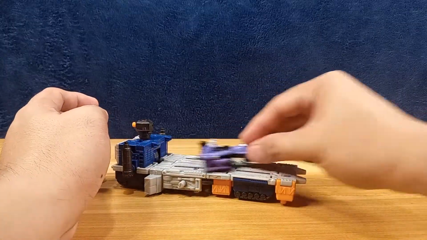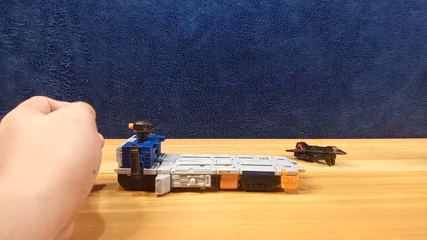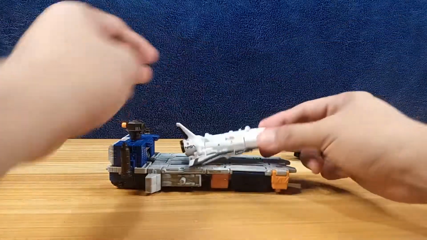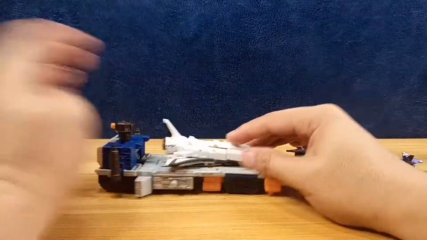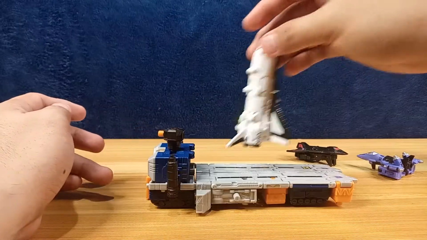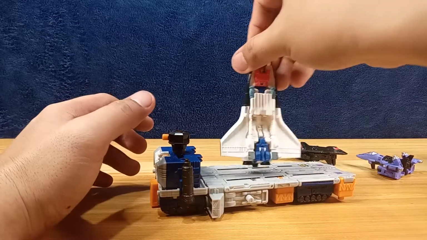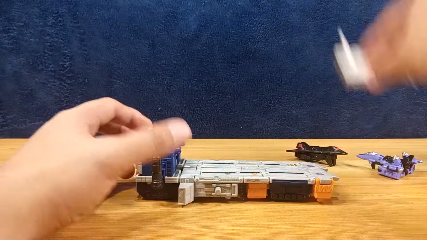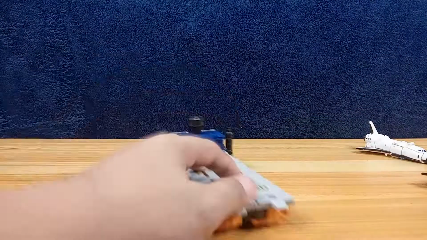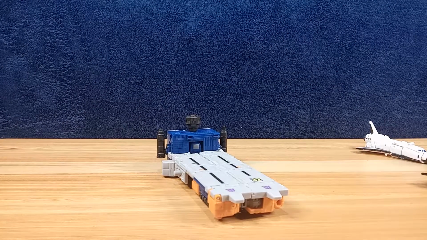So you could fly, and then you could also have him. Or if you have the shuttle, you also have him. There is a way to make him stand here. I'm not sure how, but there is a way to do that. Yeah, that's what you do with this one. Or you could, if you have the other modulators, build a city using their structure